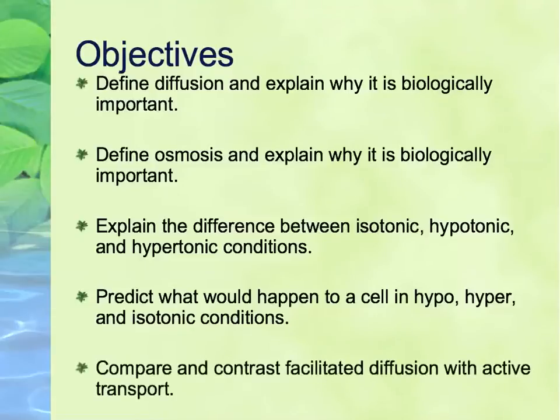And finally, facilitated diffusion is basically the cell opening a door in its membrane to allow large molecules to fit through along a concentration gradient, meaning from an area of high concentration to an area of low concentration. Active transport is the movement of materials against the concentration gradient, which means that maybe there's too much stuff on the outside, but there's stuff on the inside of the cell that we still want to get rid of. Well, that means we would have to move it against the concentration gradient,